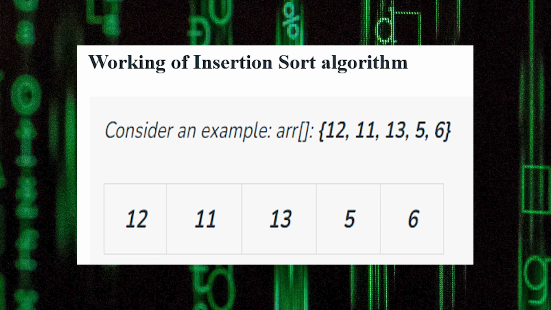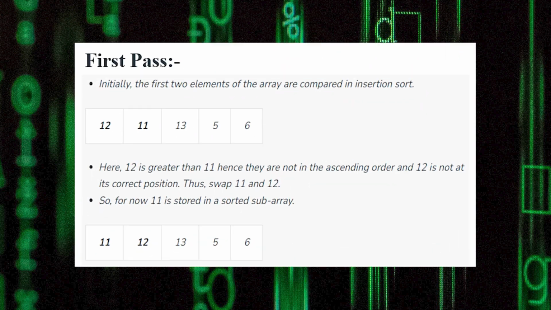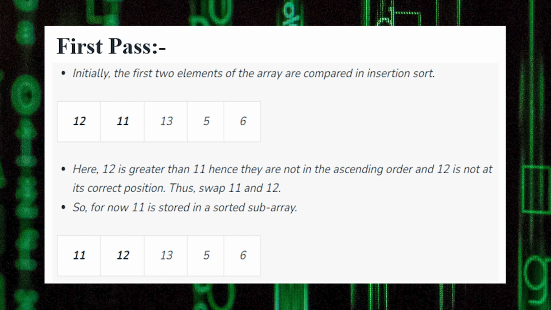and the second unsorted list will consist of 4 elements, that is 11, 13, 5 and 6. In the first pass, the first element is 12. We have to consider that 12 is a sorted element, and 11, 13, 5 and 6 are the unsorted elements. Here when we move,